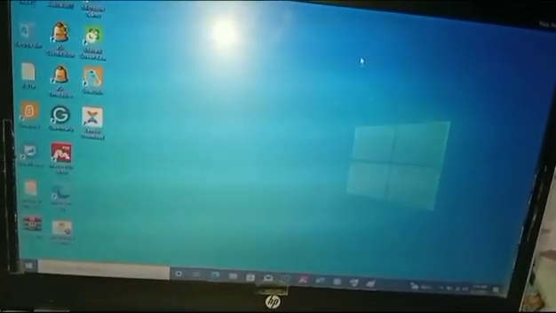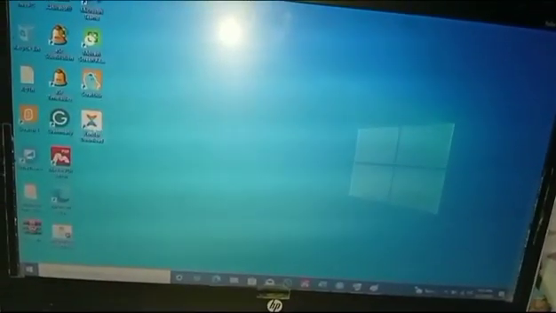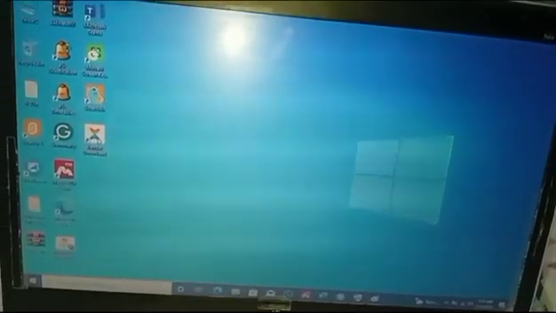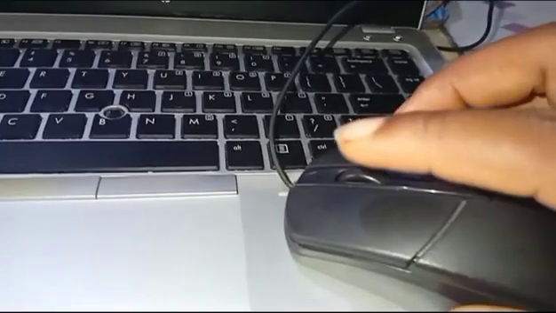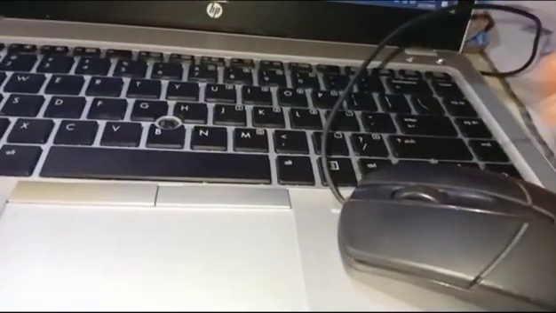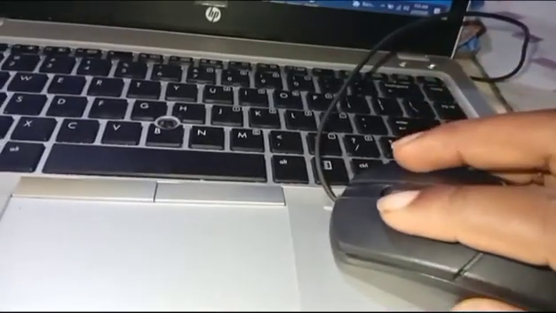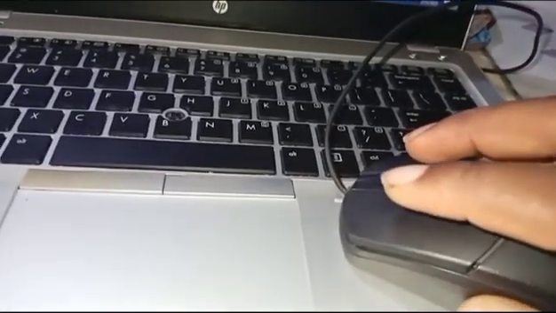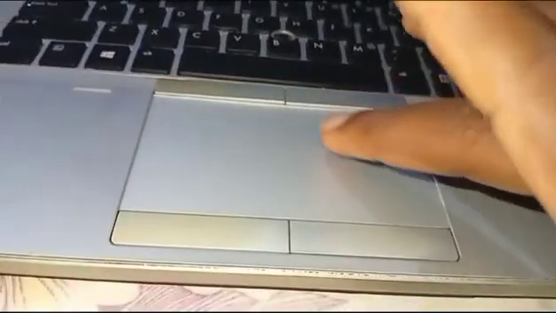Now when I want to select an application on my laptop, what I do is that I just click. So when I say click, I mean you should press this button just once. Okay, when I say double click, that's how we open applications. If you want to open an application, you just double click by pressing it twice, or you just tap twice